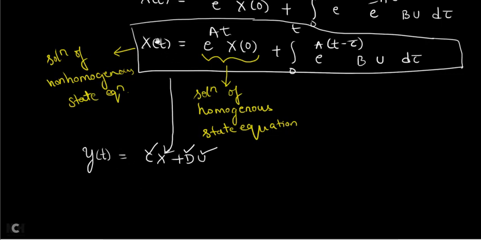First you have to calculate the solution of the state variable. That x of t you substitute into this formula, and if you simplify it you are going to get the output of the system. So if they ask any problem like finding the output time response of the system, then you have to find y of t. How will you start? First you have to take x of t. X of 0 will be given, a will be given, b will be given. Find out this x of t. That x of t you substitute, c into x you multiply plus d into u, then that gives you the output of the system. This is the method.